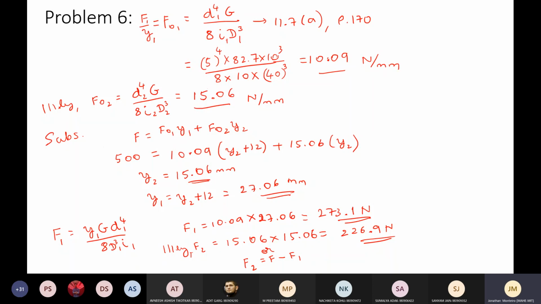Okay, so here we are now. I think we have found out many things. The first part of the question was the deflection in each spring, so these two values constitute the answer to that. Then the load shared by each spring; these two give you that answer too. Okay, what about the third one? I'll complete it here itself. It's a very small calculation.